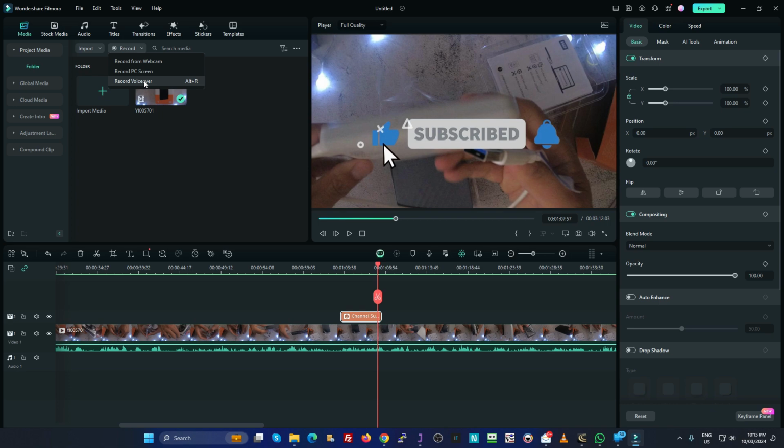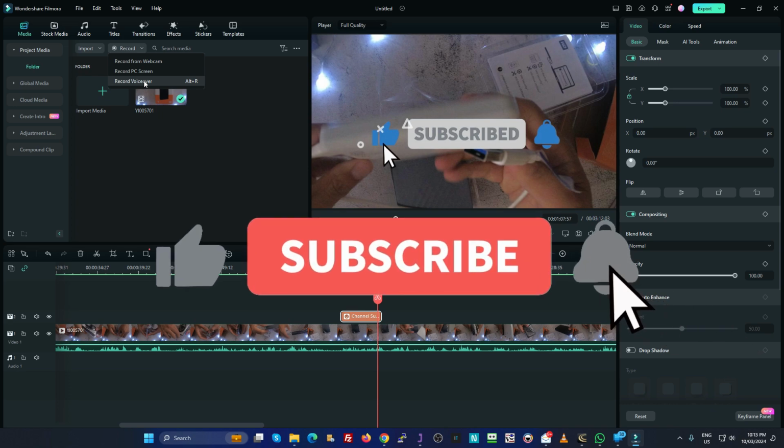So those are the 5 things that I use on pretty much every time I edit a video in Wondershare Filmora. And so check out those 5 features that I use,